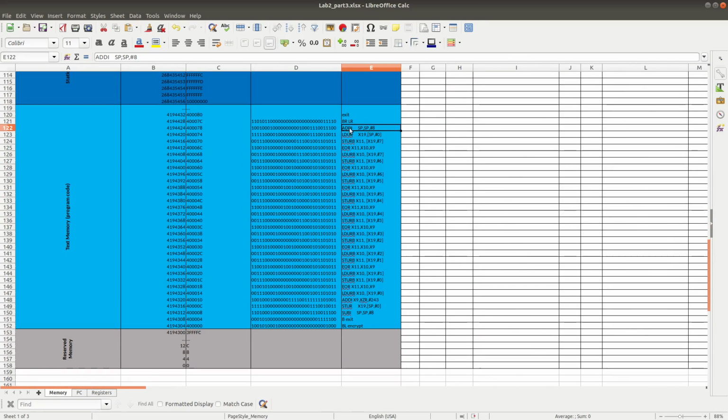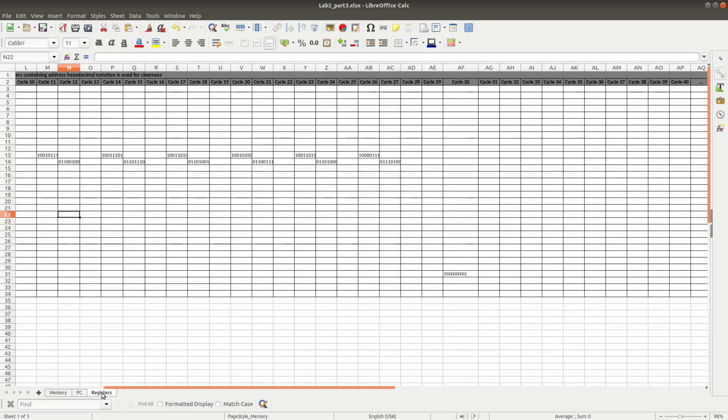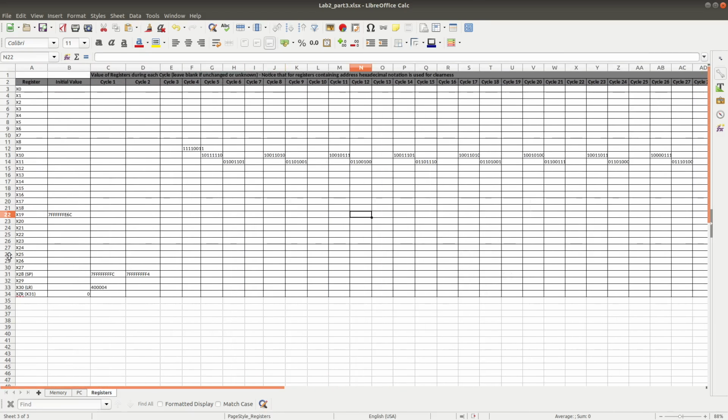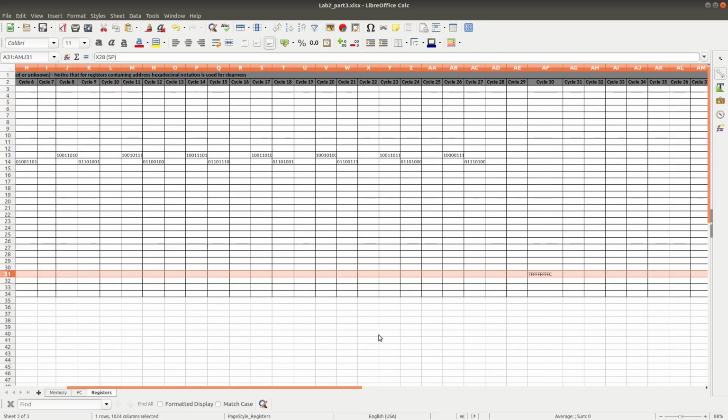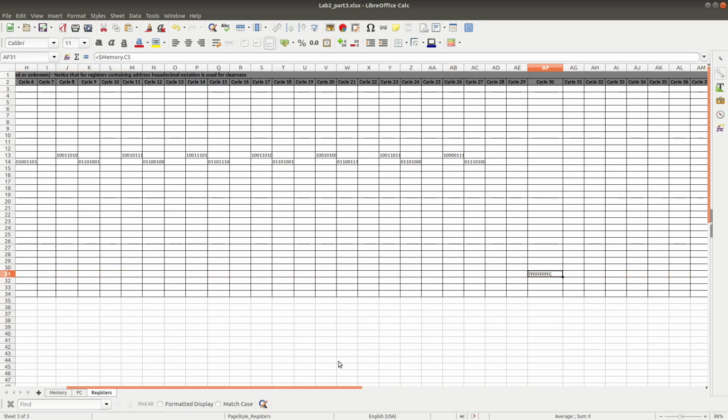And after this one, of course only the value of the stack pointer changes. So you look into this value of the stack pointer. Now it keeps the value of F4 all this time, and then after the execution of stack pointer added together with the immediate value of 8, it changed back to FC at this cycle.